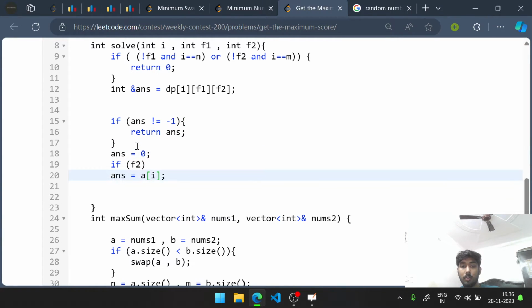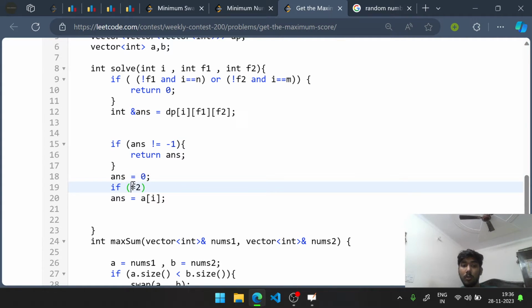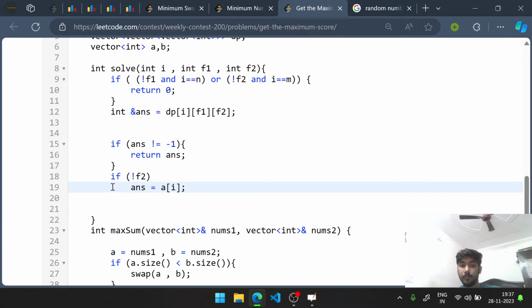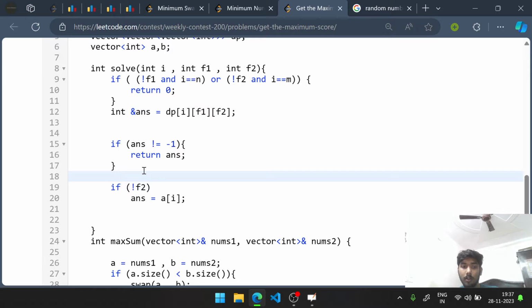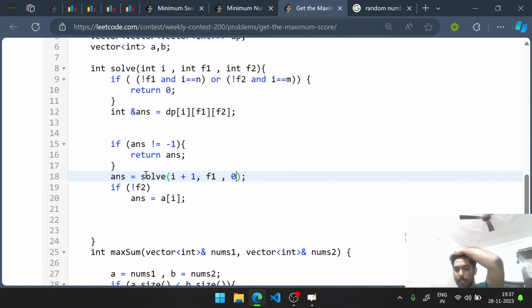Answer equals to 0. Actually, I'm coming from here, no no no. If f2 is not 0, then I'm taking this, right? Ah man, come on, right? Equals 0, and after, now what I want to do is, my answer will be solve of i plus 1 comma f1 comma 0, because that of course will never be